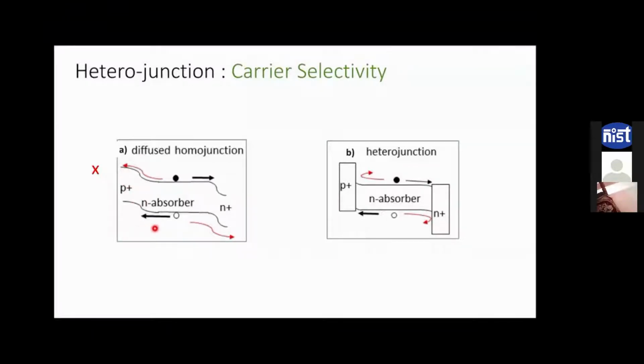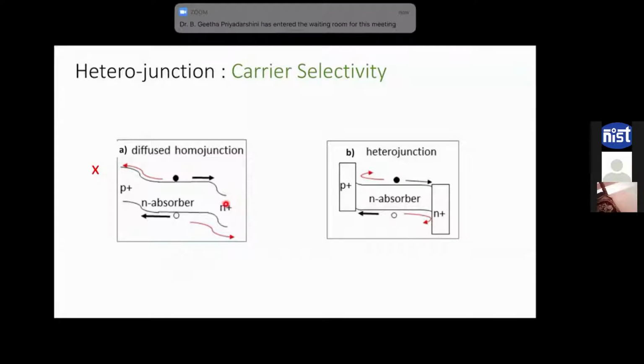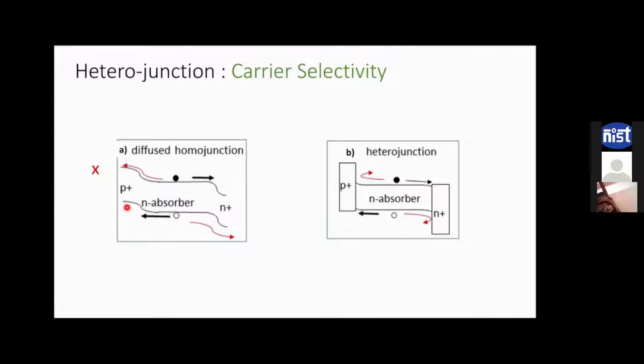So in this kind of homojunction, if you are making a solar cell, what you will want, as we have discussed, is for these photogenerated electrons and these photogenerated holes to travel in different directions. We don't want these two carriers to travel in the same direction and get lost. So in order to separate them, we want the electron to travel towards the N side, that means towards the electron transport side. And we want the hole to go towards the P side, that means to the hole